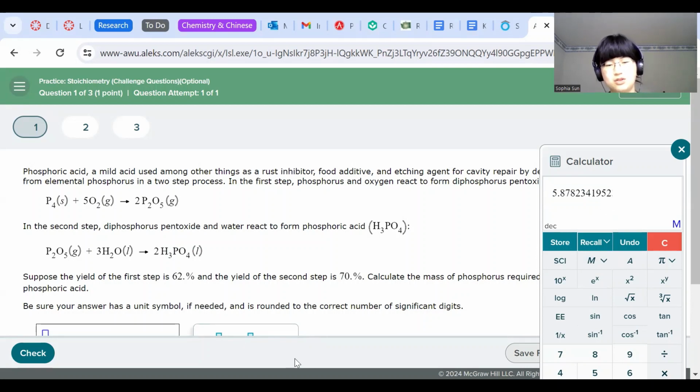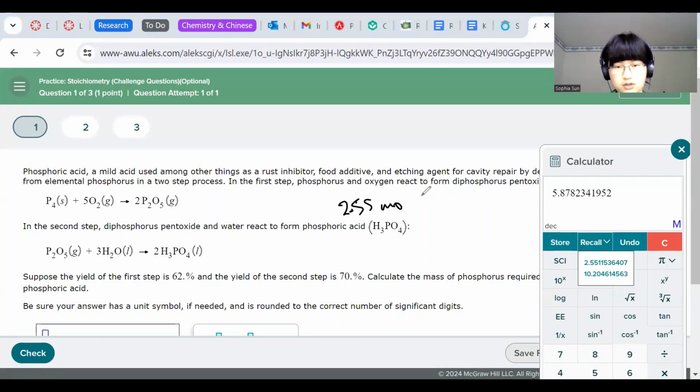So it may seem a bit unintuitive. Wait, why are we dividing and stuff like that? But here, let me show you what's actually going on. So what's going on is that the 2.55 moles of phosphorus 4 can be set up in a ratio such that if 2.55 mole P4 is equal to